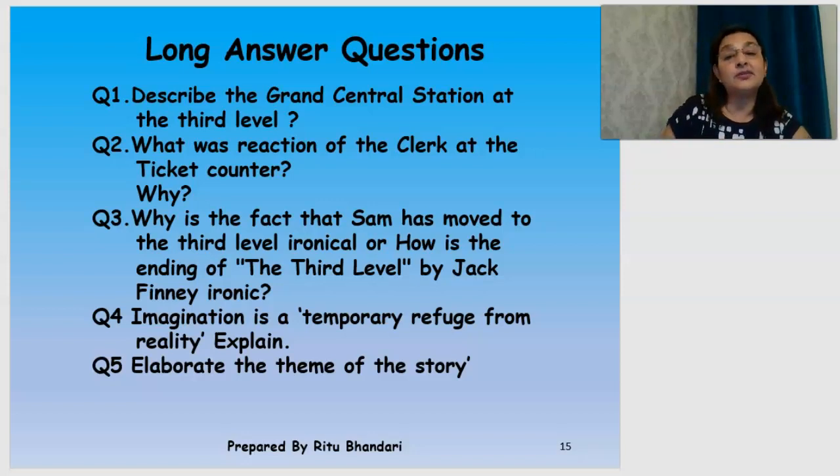Remember, even in that era, if he wanted to continue with his profession, he would not have been able to do so because such a profession didn't exist, and he resorted to the hay business. The fourth question says, imagination is a temporary refuge from reality. Now,